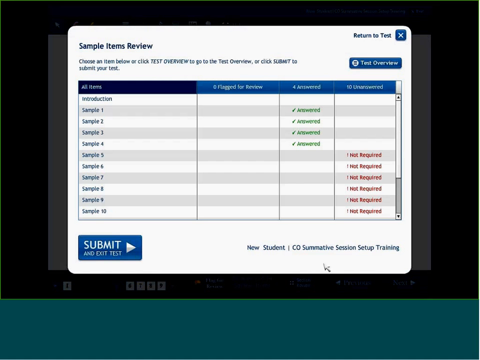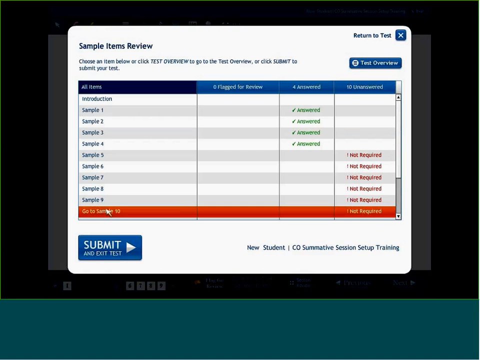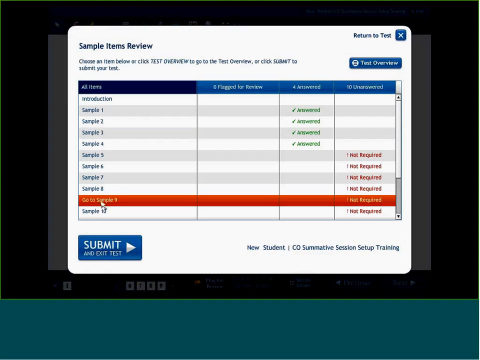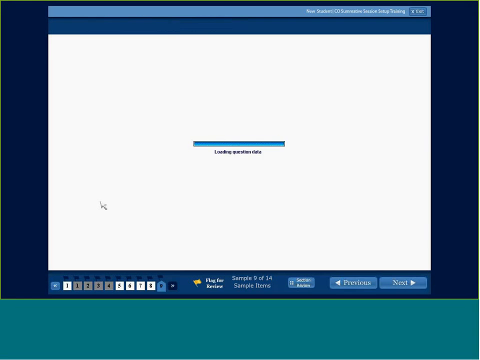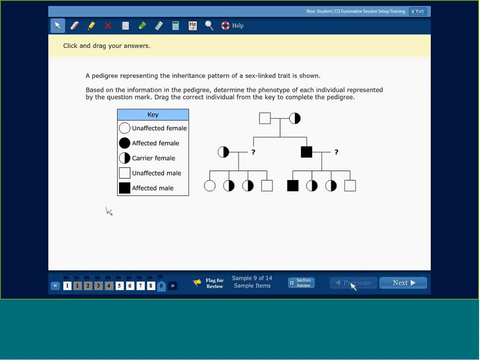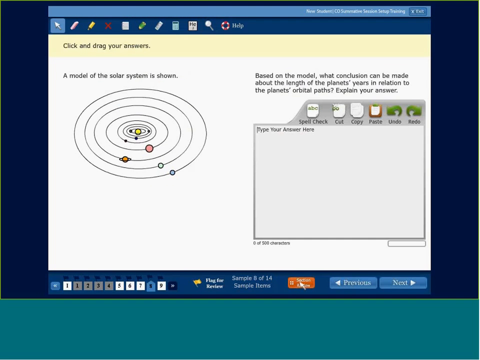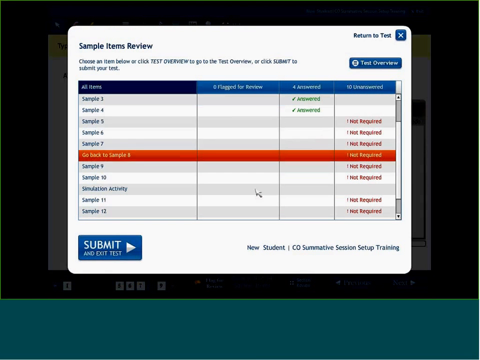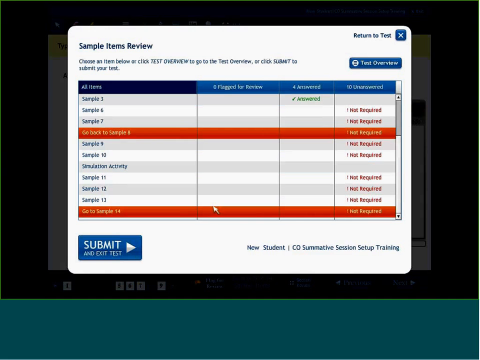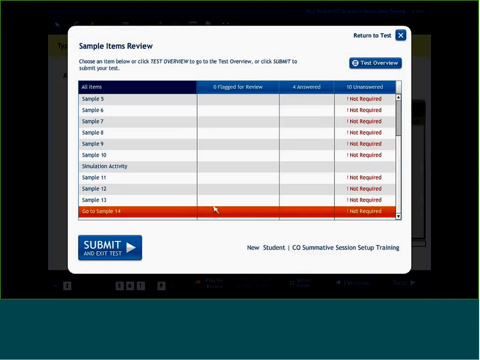This is a chance for the teacher to quickly look over and make sure that they've answered all the questions. You can see that we've answered some, we haven't answered others. So if they haven't answered question number 3 or something like that, you could say, did you forget to answer that one? Do you want to go back and answer it, or do you just not know what to put there? But once the teacher in the room is satisfied that they've answered all the questions that they can answer,